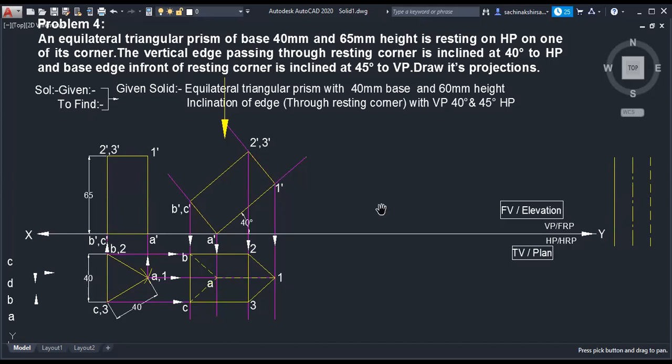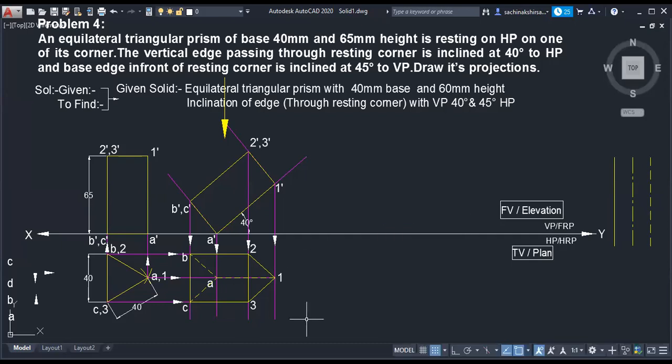What is it called? The base edge in front of the resting corner. So now tell me which is the base edge which is in front of resting corner A. BC. BC is the base edge in front of the resting corner. Its inclination is given. With whom is it given? With VP. How much is it given? 45 degree. 45 degree means whatever top view right now we have drawn,